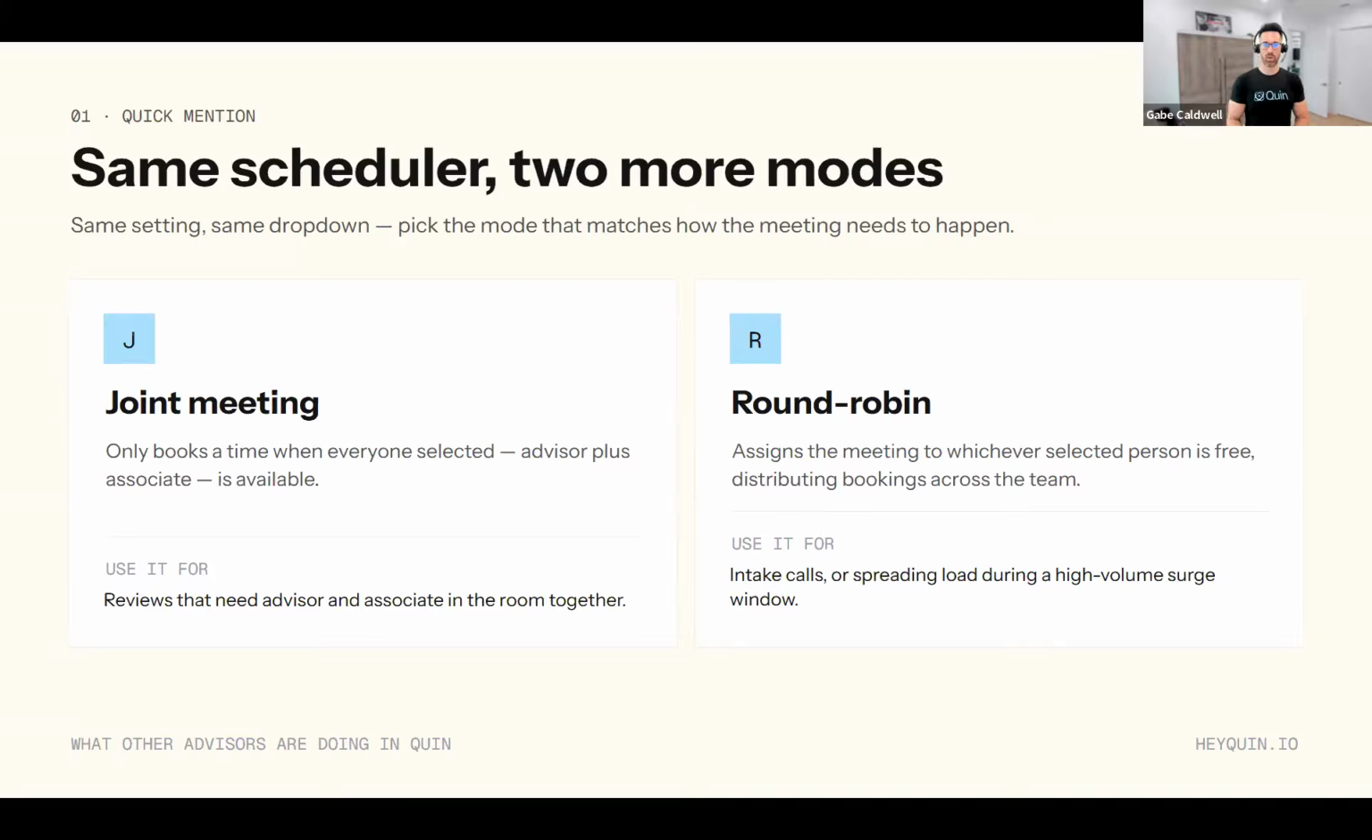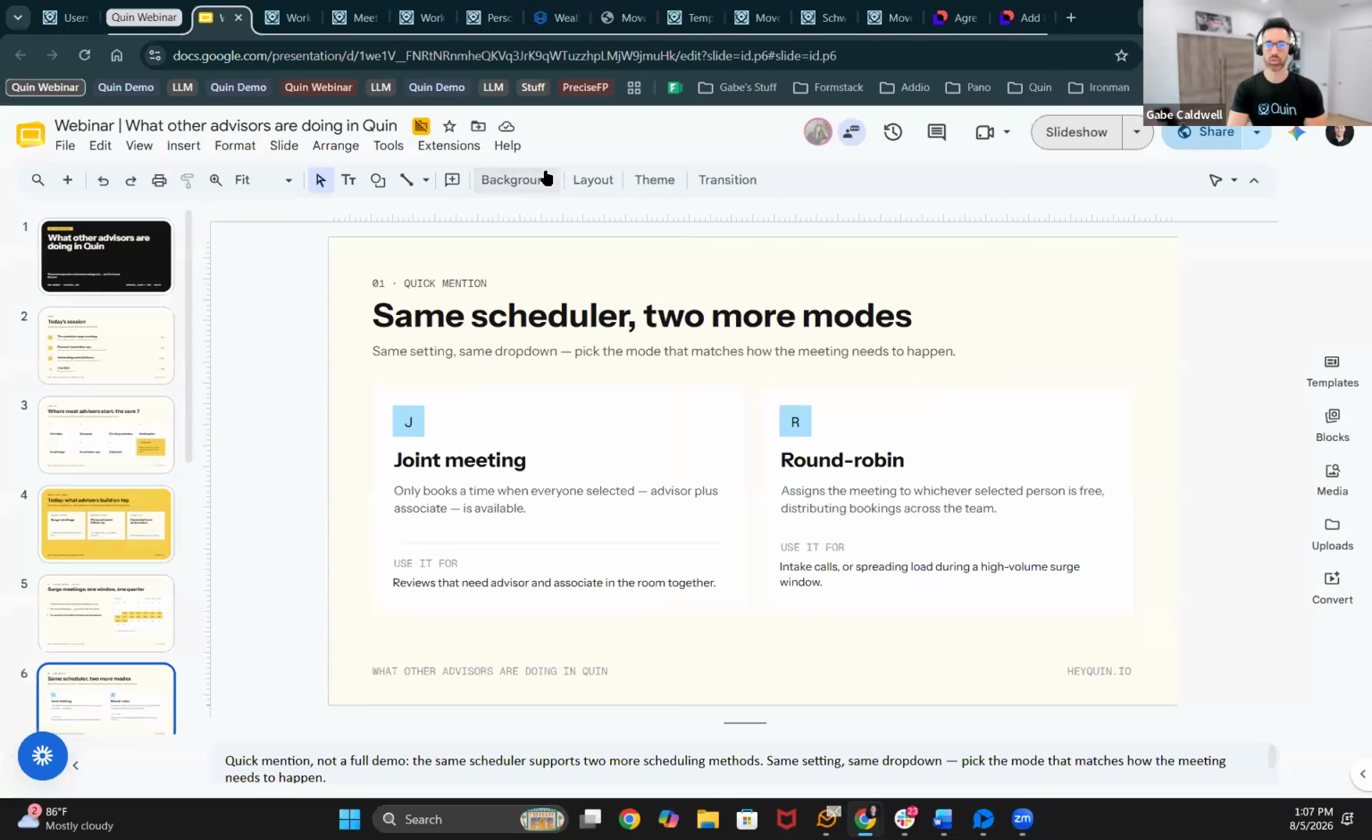And our second, round robin, this is more for high volume intake calls where you're trying to spread these across maybe some junior advisors or staff. If you connect, let's say 3 people to this event, it will schedule the first meeting with advisor 1, the next one with advisor 2, and the next one with advisor 3, and keep going round robin style there. So that is available. So let's jump in. I'll show you how these are set up, and then we'll go into our second use